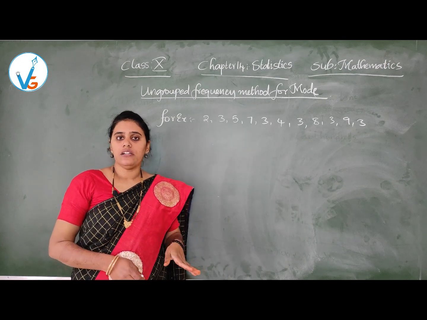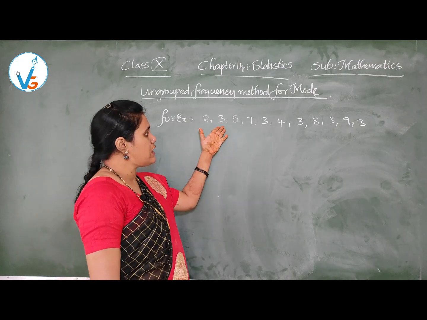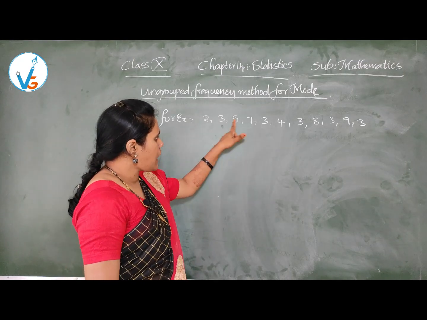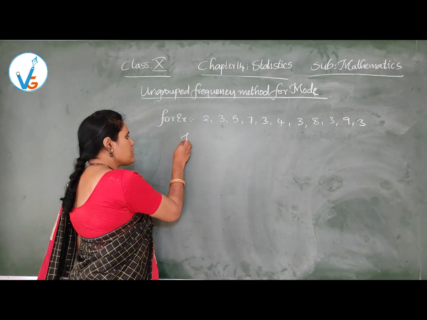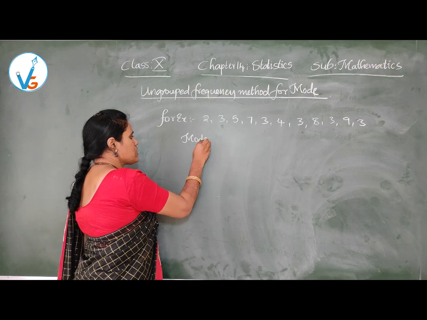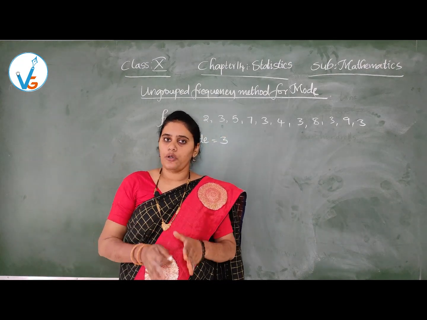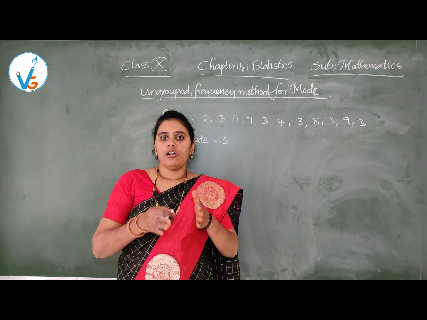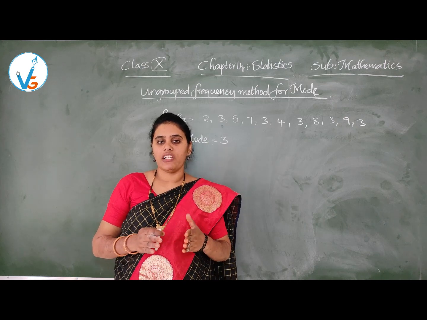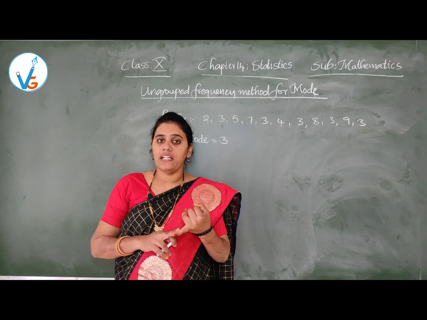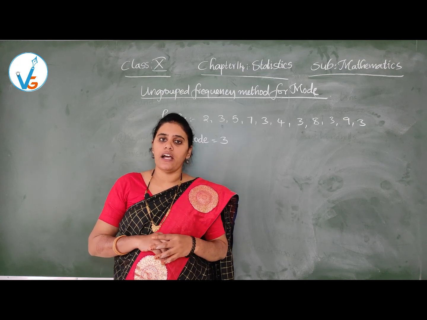So from this, the most repeated number, what is it? The most repeated number is here 3. 3 is there 1 time, 2 times, 3 times, 4 times and 5 times. So here you will write mode is equal to 3. I hope you have understood today regarding the 3 concepts in ungrouped data. What have you learned today? You have learned today regarding mean, median and mode in ungrouped data form.